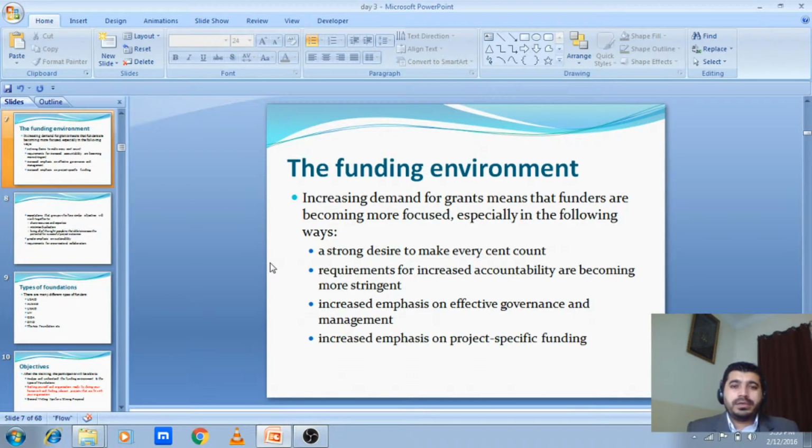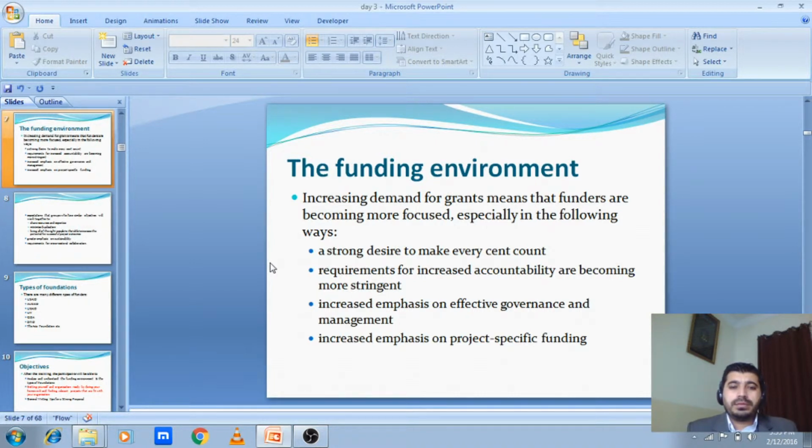As a result, the organizations are now more focused, and especially they have a strong desire to make every cent count. They want to make the most out of whatever they are investing in a certain project. They are also interested in increased accountability, and their accountability systems and verification systems are now becoming more stringent. So there is increased emphasis on effective governance and management,